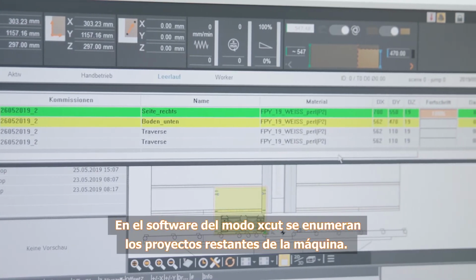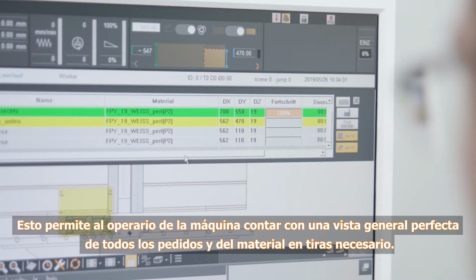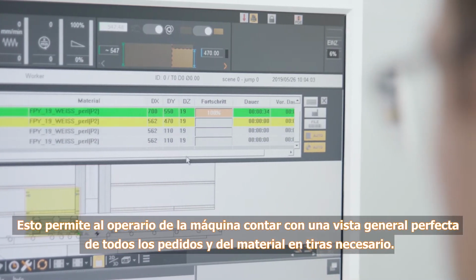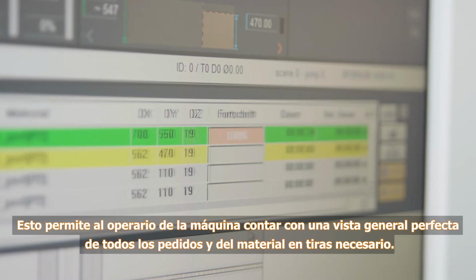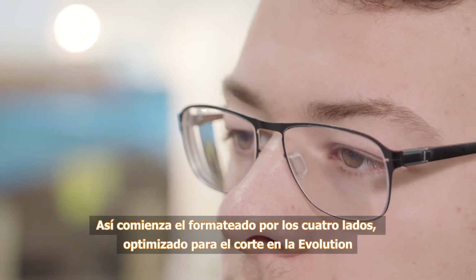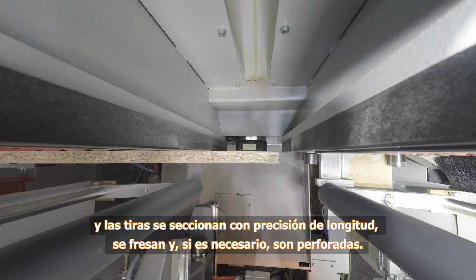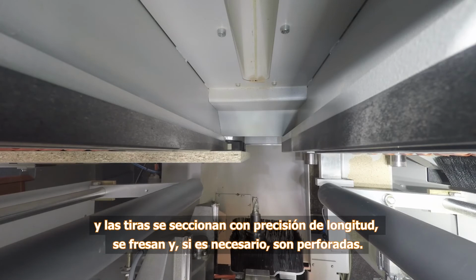The software for the XCut mode lists all jobs pending on the machine. This provides the machine operator with a perfect overview of all jobs and the required strip material. The Evolution then starts four-sided formatting with optimized cutting, and the strips are cut to the precise length, machined and